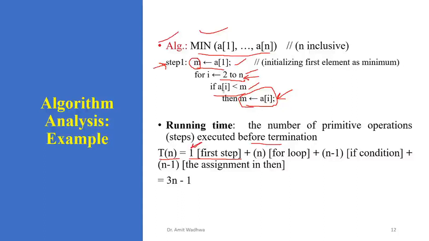Next we have the for loop and if statement combined together. As the for loop starts, the for loop plus n minus 1 if conditions plus n minus 1 assignment operations are executed. The for loop will be executed n number of times because it will go up to n, and n minus 1 if conditions are executed and n minus 1 assignment operations. This is assignment. This is the if statement in which we are checking the condition. So we'll check the condition n minus 1 number of times, and the assignment operation also is performed n minus 1 number of times in the maximum case.